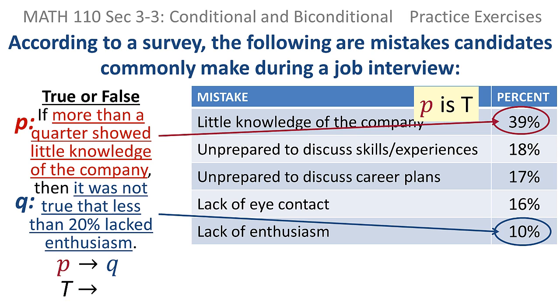Well, if you look in the table, 10% lacked enthusiasm. And Q said it was not true that less than 20% lacked enthusiasm, but 10% is less than 20%. So it is true that less than 20% lacked enthusiasm. Q says it was not true that less than 20% lacked enthusiasm. That's false. So the statement they're asking us to decide about,